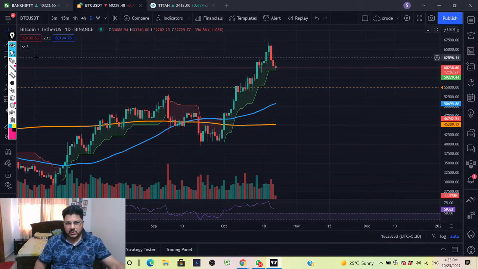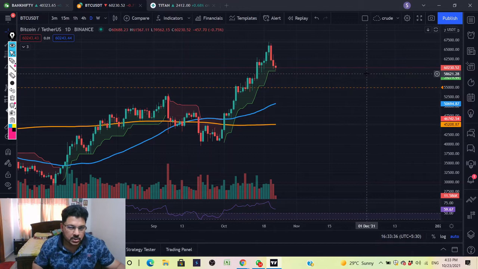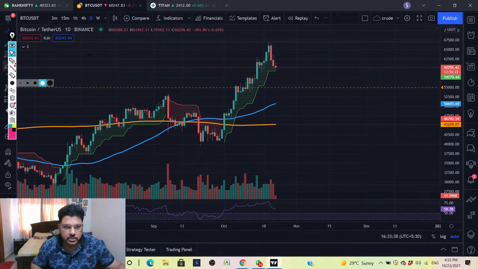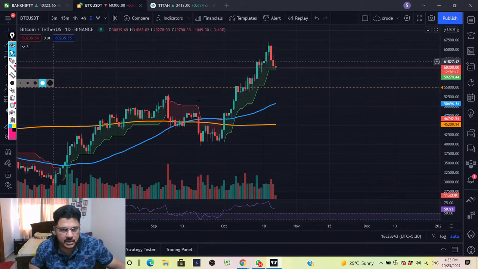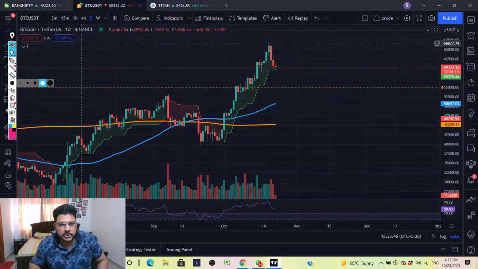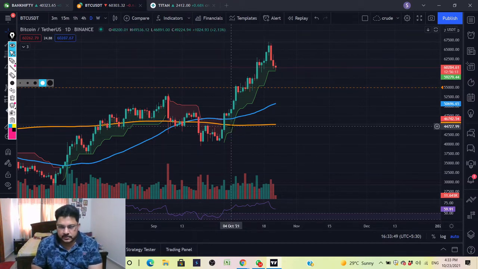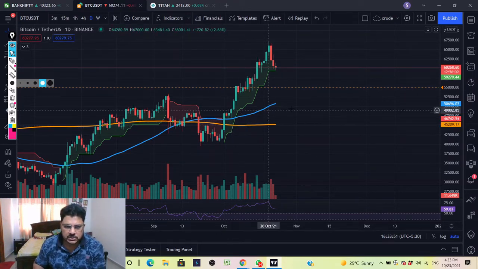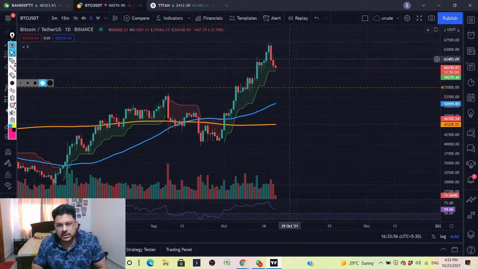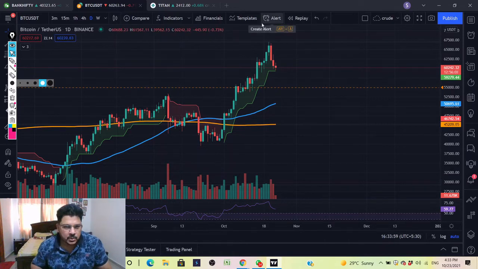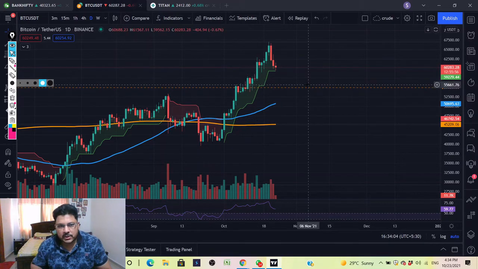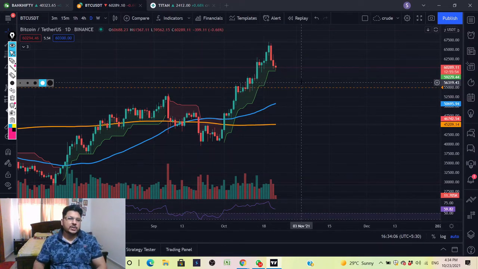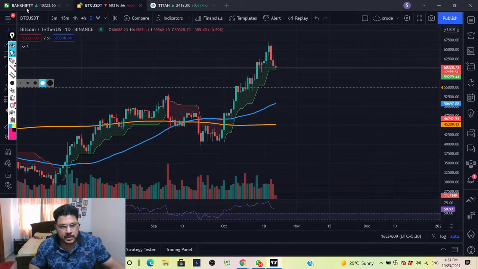Do not invest in any other coins apart from Bitcoin, because those all are derivatives, and Bitcoin is the protocol of the creation of this new cryptocurrency. So always try to grab a percentage in Bitcoin itself, not any other currency, because those will have a lot of fluctuations and a lot of manipulation. But this is the core technology. Bitcoin is the one on which the whole concept was created. So stick to this one and try to invest in this, and this can go really long. Okay, as per your risk appetite.